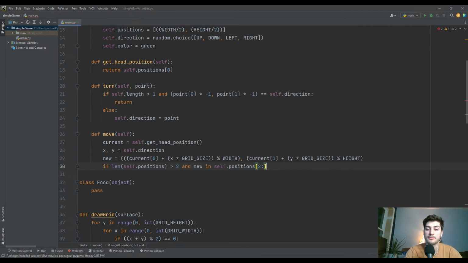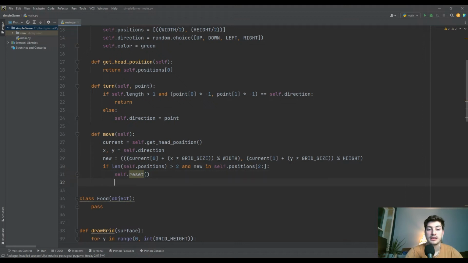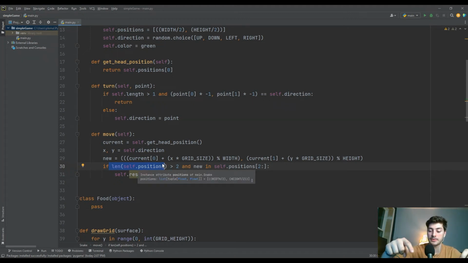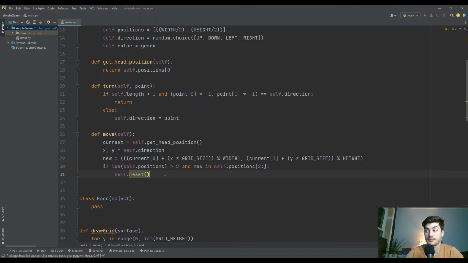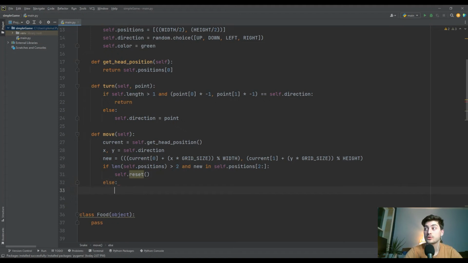So this is checking from the second body part in the positions list all the way through to the end. And if our new position is already in there, then we're going to need to reset. So we'll make another function for that next. But basically that means that we've just collided. Wherever we just commanded our body to go, it hit a piece that already existed. So that means we need to reset, and that we basically lost the game, or our snake body has to reset. But we'll say else